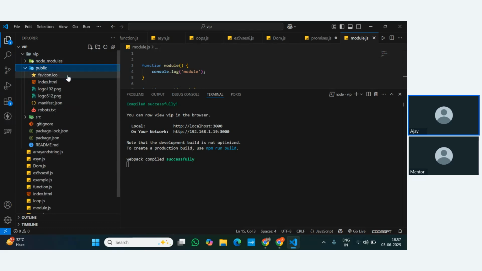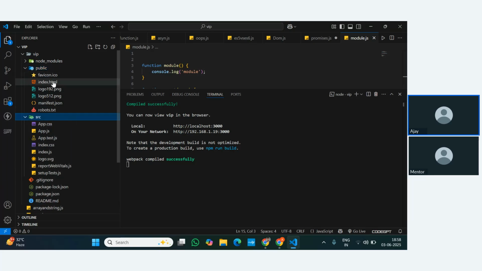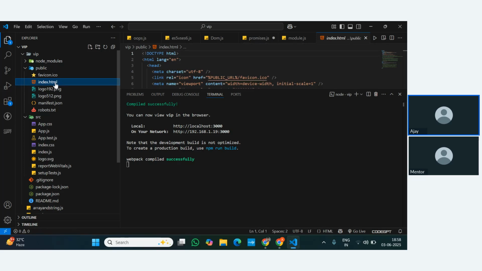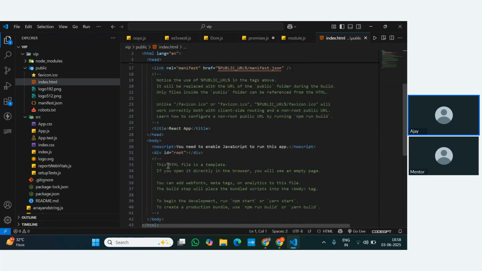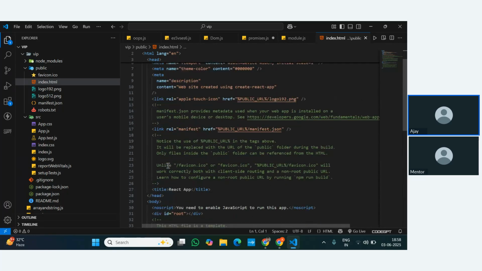Now we have the public folder. This folder contains public assets, and the index.html file, which serves as the entry point for the React application. Here we are also using an HTML structure, but not like that. Here we can see the HTML, and inside it we are using